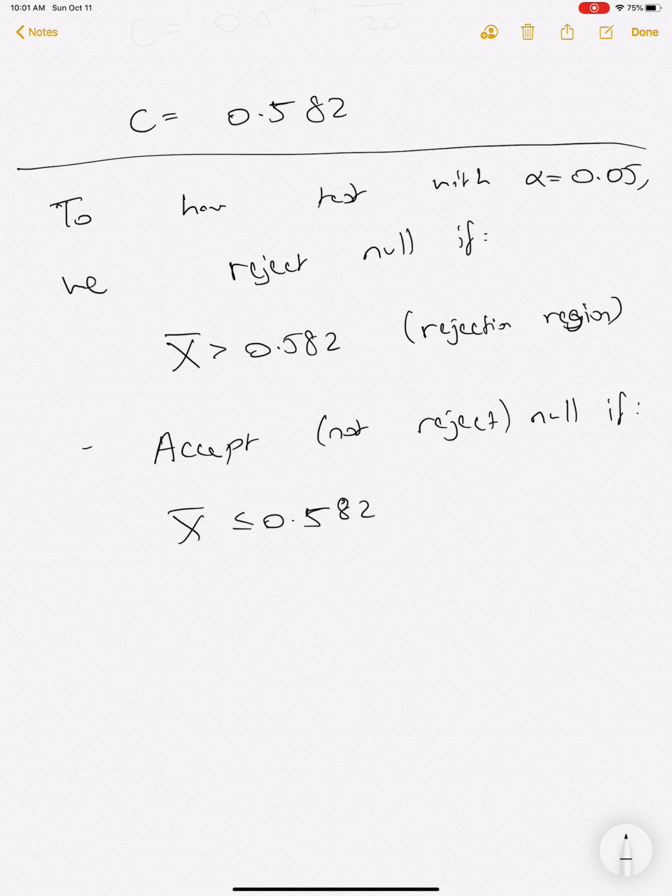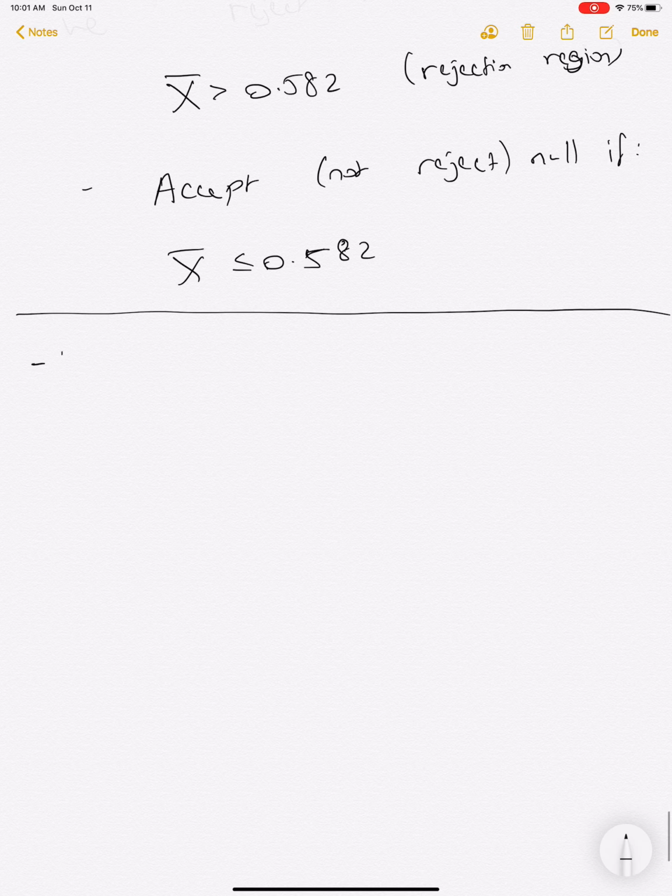And the reason I prefer to say not reject is because, remember, as I said right at the beginning, the null hypothesis is kind of in the driver's seat because we need to find data evidence to reject the null, which means that even if you seem to have some evidence of rejecting the null, it just may not be enough. So if we actually go back to our data, in our sample,